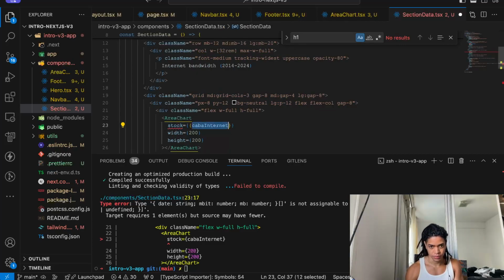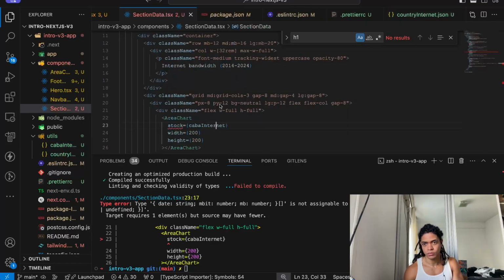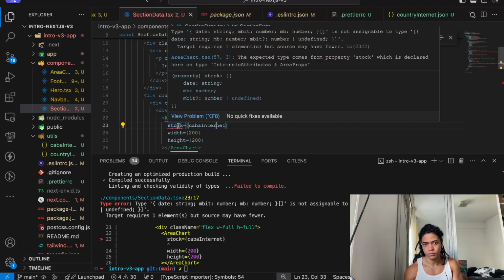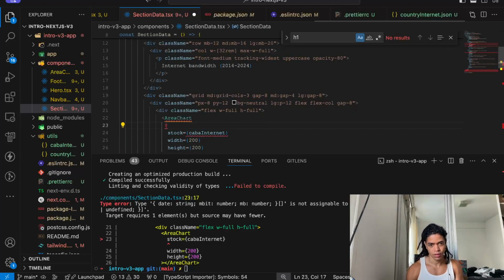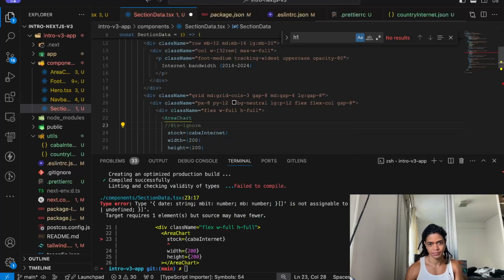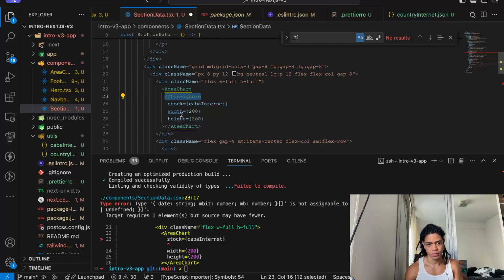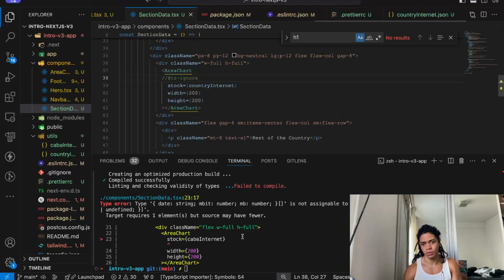Hey, compiler, we know what we're doing here. I get it, you're trying to do your best job, but we know what we're doing here.